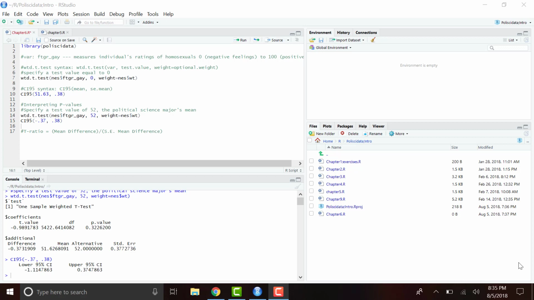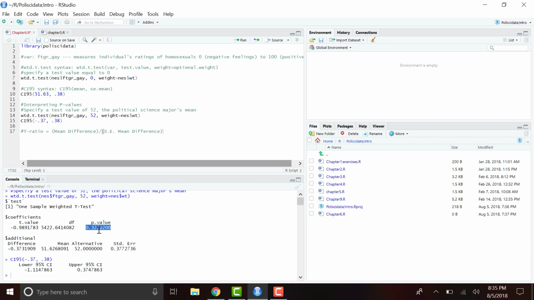Our function first calculated a t statistic, or a t value, down here. Ours is negative 0.989. A t ratio is equal to the mean difference divided by the standard error of the mean difference. So the function uses this calculated value, in our case negative 0.989, to determine a precise probability, or if you remember, p-value, right here. So our p-value is 0.322,